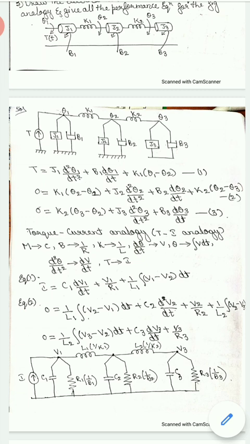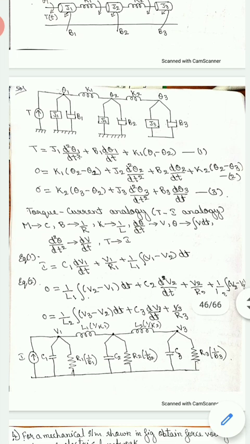Okay, instead of J we will write C, instead of B we will write R, instead of K we write 1 by L. I have written L, you need to write 1 by L. Instead of torque I have written current. Okay, next